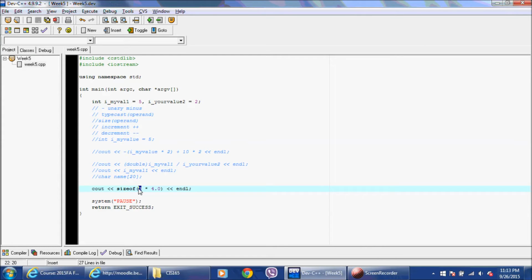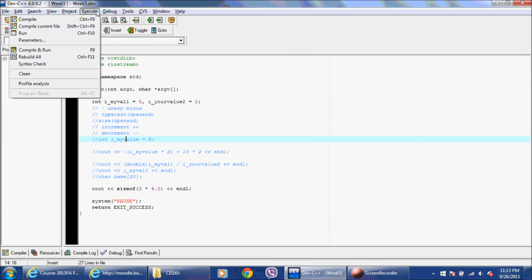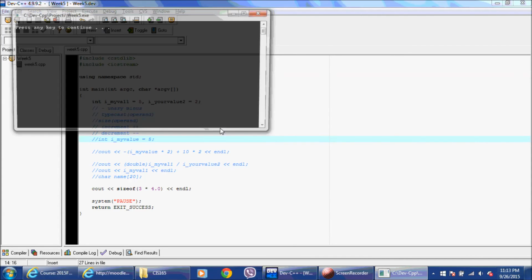So I'm expecting this to print out 8, because the compiler is going to say, as a result of the integral promotion and double being the all-time king and ruler of integer, I'm going to return an 8, because that's how much space I need to store this result. And there it is,